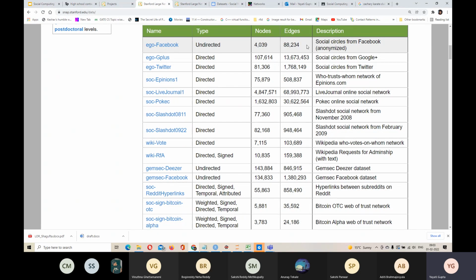For the purpose of your projects for this course, if you are taking one of the networks from here, try to take a network which has fewer nodes and edges, right? Because crunching these networks might require high performance computing and heavy end servers. So better to limit your experiment for now to these small networks.